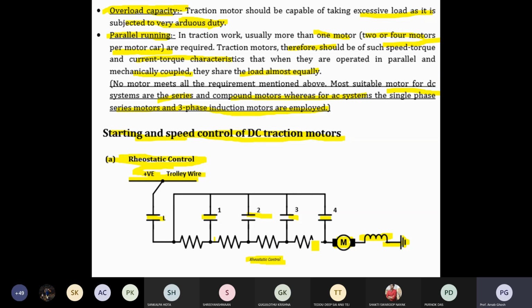Then for the speed control, for the field control, simultaneously you need to change the flux of the motor. So one by one again you can turn the contactors on and off, and like that the flux will also reduce. In that case a different configuration will be there for reducing the flux.